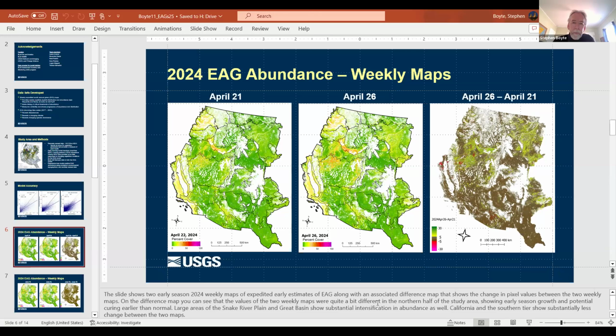So these 2 maps are quite different, and they show early season growth and potential curing earlier than normal. As I said, large areas of the Snake River Plain and the Great Basin show substantial intensification in abundance as well. The southern part of the study area does not show nearly the dynamic change that the northern